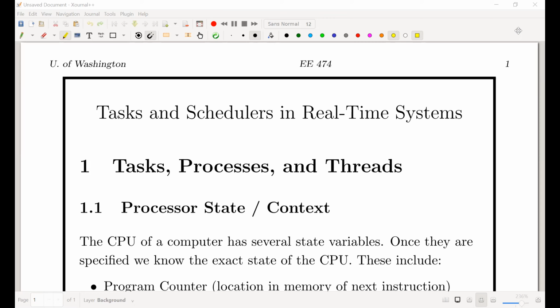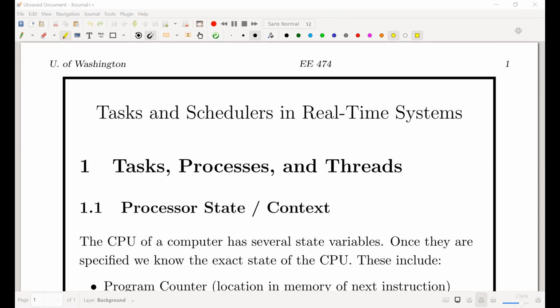Okay, so what we're going to say is, our 12 jobs that we want to do are going to be tasks. And so let's define that a little more carefully,